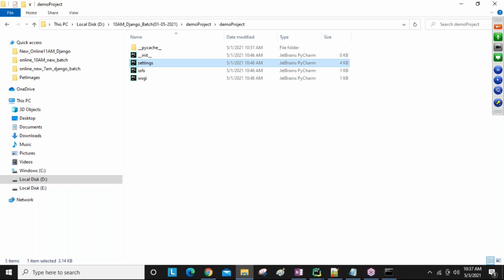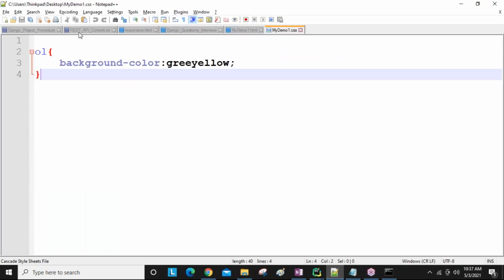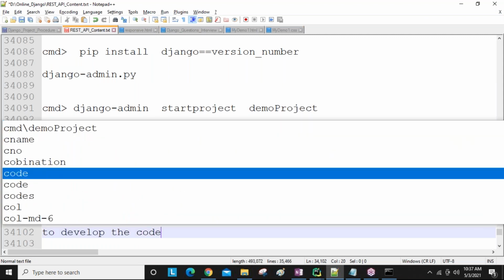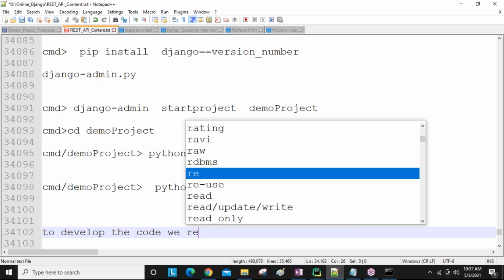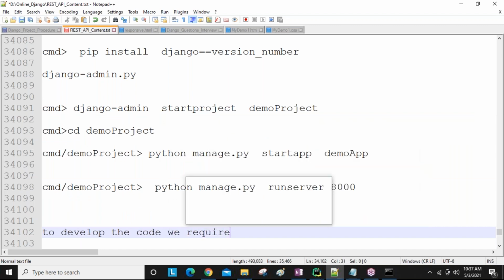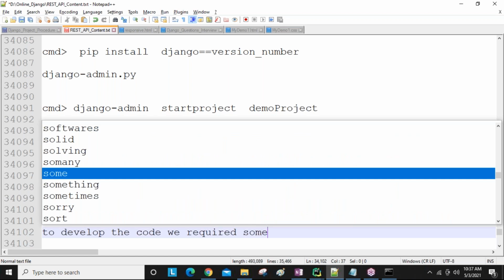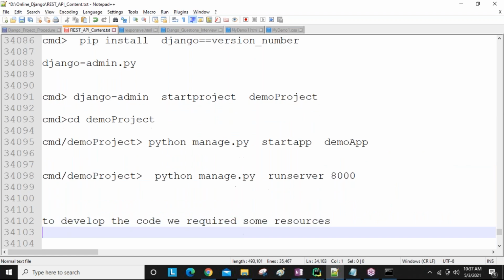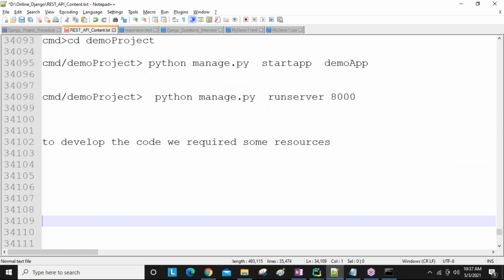To develop the code, or to develop the project, we require some resources and environments, guys.